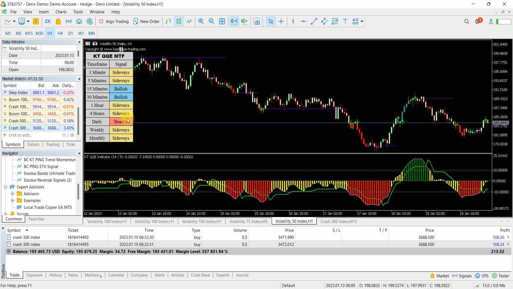Okay, so now what it does is that, for instance, it's telling us now that the weeklies are sideways, the monthly is sideways, the 4 hours is sideways, but daily is bearish. Does that mean that the market is going to actually sell? Not necessarily so. What it's just trying to say is that currently the daily time frame